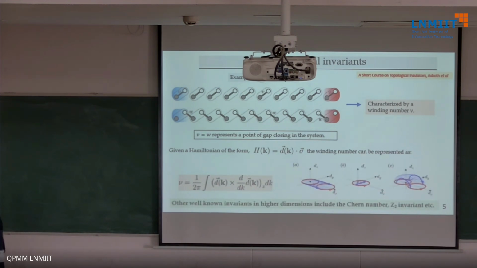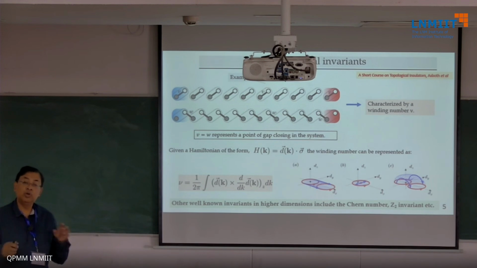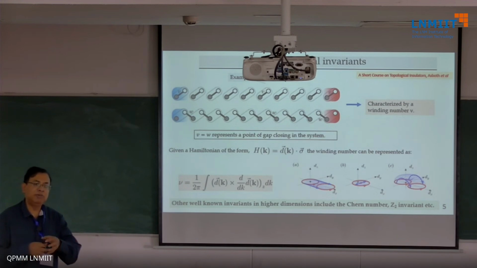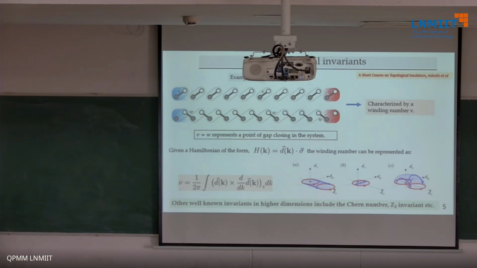One should be greater than the other. So that's the critical thing, where V is equal to W. At that point, everything becomes ill-defined. You can't calculate the Berry curvature and so on. That's the gap closing thing. And in a higher dimension, one actually needs to calculate the Chern number or the Z2 invariant and so on and so forth.